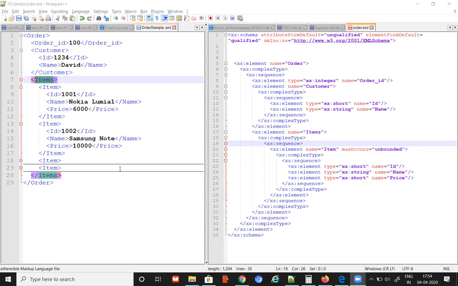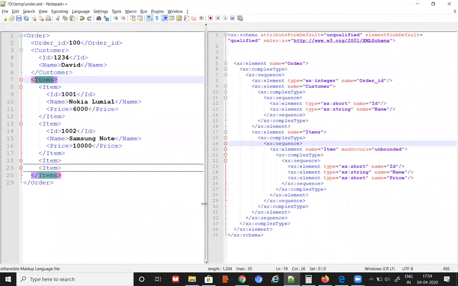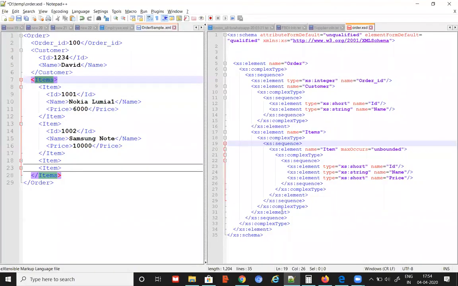Sample XML, yes, you have to create at minimum. XSD you may not be creating, but you should definitely know XSD because you may come across many situations where you have to open the XSD and understand what the structure of your XML is going to be. So it's a good idea to know XSD, even if not very advanced. At least a basic understanding should be there. Okay, thank you.